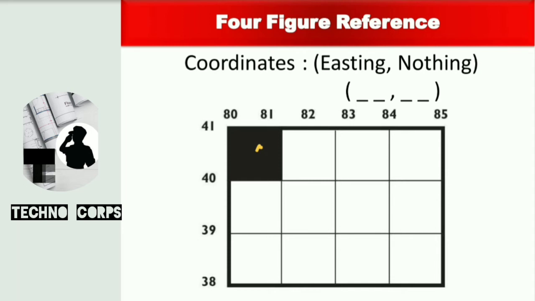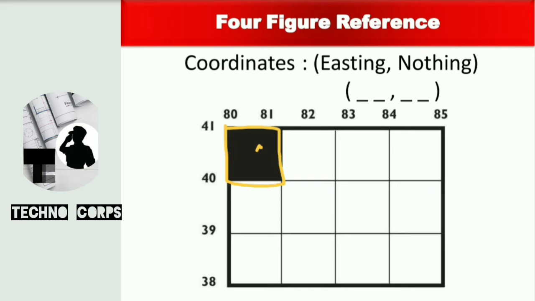First we have, with the help of the 4-figure reference, given the address of that particular block. Now inside that block, on which point am I talking about, how can we indicate that? First of all, I need to indicate this block. We have to go up to this block, and after that we can go for this particular point. So first we need to find the block with the help of the 4-figure reference, and after that we have to locate that particular point.